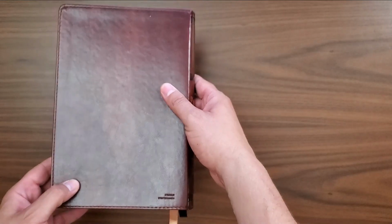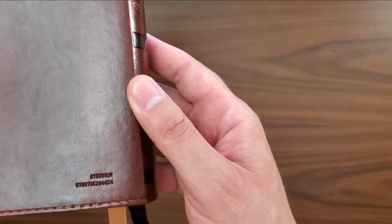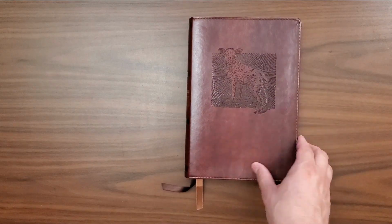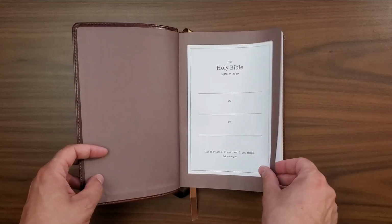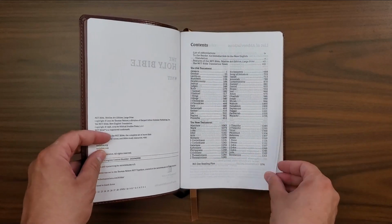And then, of course, we have the back cover. Okay, nothing too special there. Just a back cover with the Leathersoft. And then, of course, the ISBN number and such there. Now, taking a look at the inside, first thing we come to is the presentation page. Of course, that's pretty standard for Bibles these days. Your title page, table of contents,